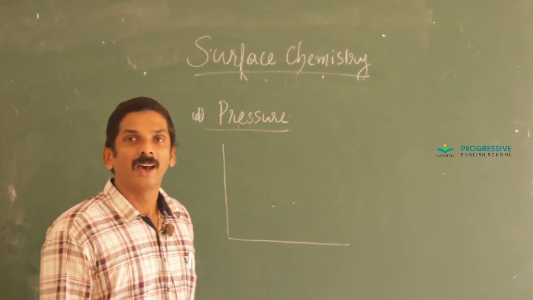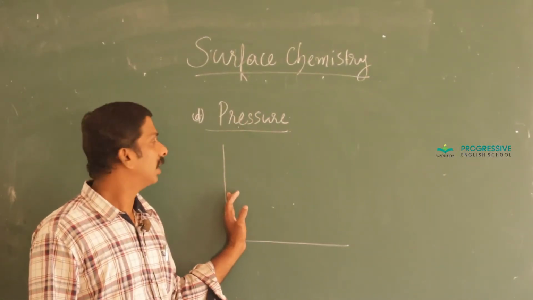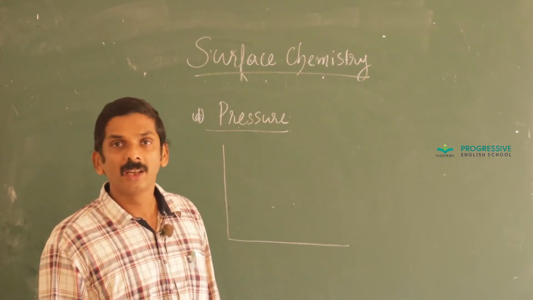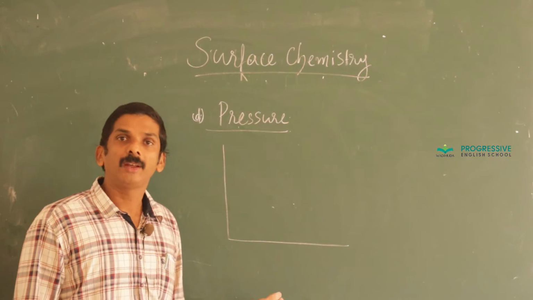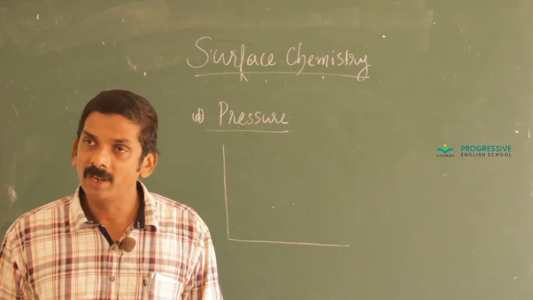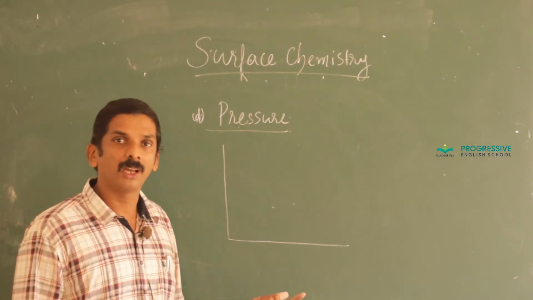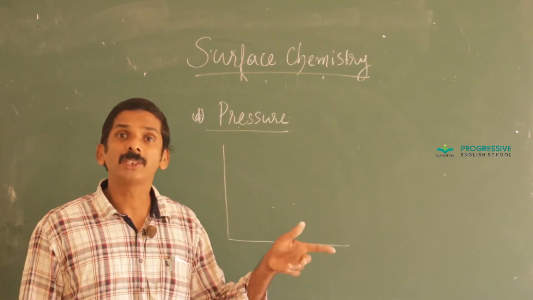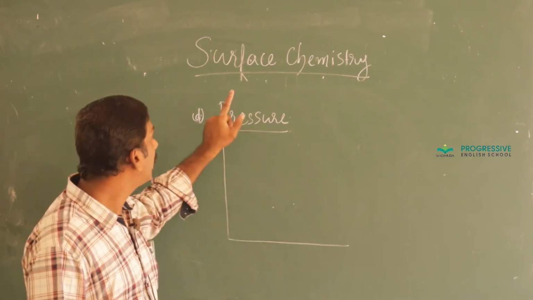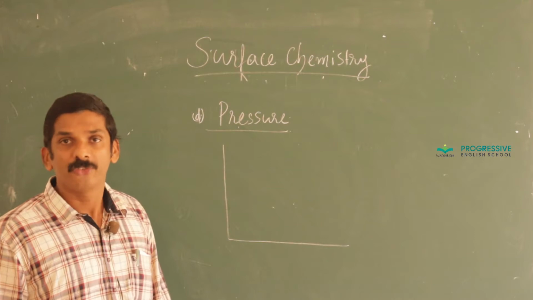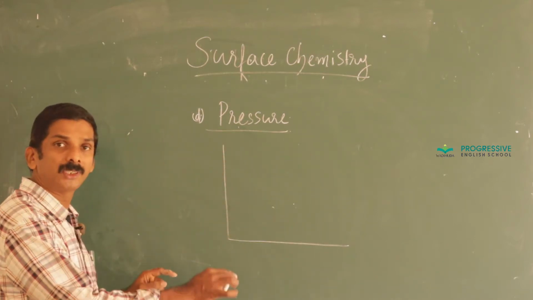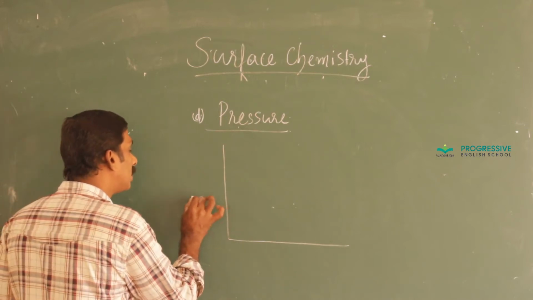Morning. And the next factor that affects the rate of adsorption is pressure. We have already discussed three factors, namely nature of gas, surface area of adsorbent, and temperature. And in temperature you can see a graphical representation that is called adsorption isobar. The next important factor is pressure. First you just go through this graphical representation.